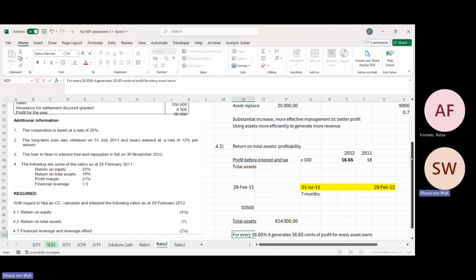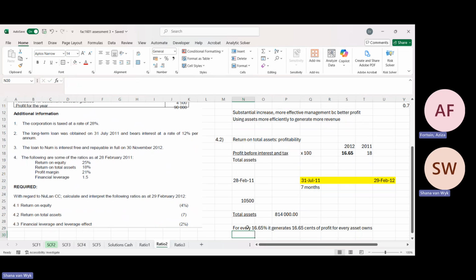Okay, this is a good one to remember. Take out that "for every". Just say it generates. Start the sentence there, otherwise it looks confusing. Here we go. All right. Asset turnover. Okay, awesome. And then the last one,